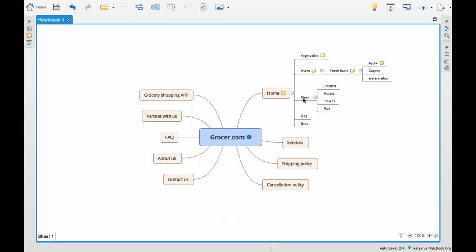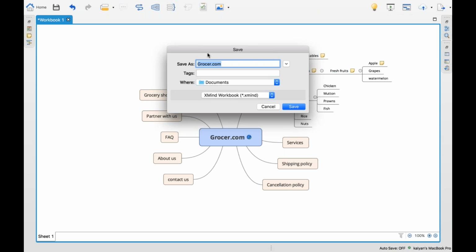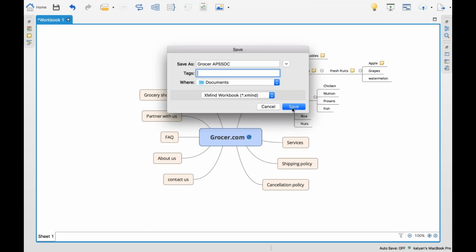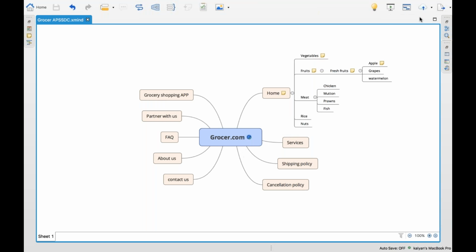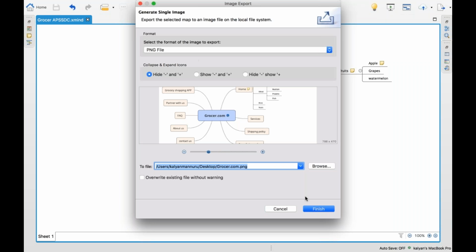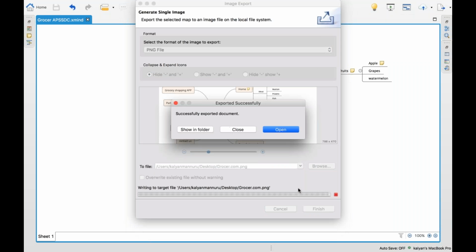I didn't do it for more pages, I didn't do it for all the pages, it is time consuming. I just showed a few for your reference. So grocer.com, I'm saving. You need to download Xmind to view this, or I'll be saving this as an image. You can also see it as an image. I have